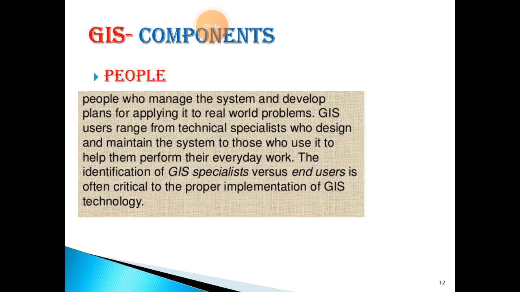The next component is people. The people segment here refers to anyone who uses GIS. It includes the general public who uses a printed map or a digital globe, or it could be skilled GIS professionals who work in the workstations of GIS. These professionals generally are involved in all phases of the development of GIS, such as